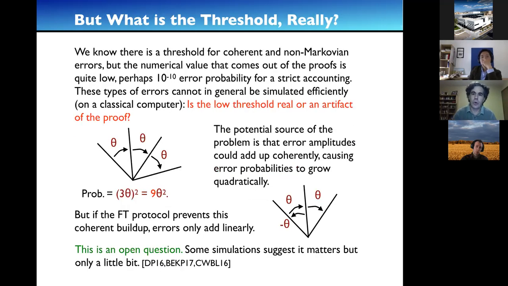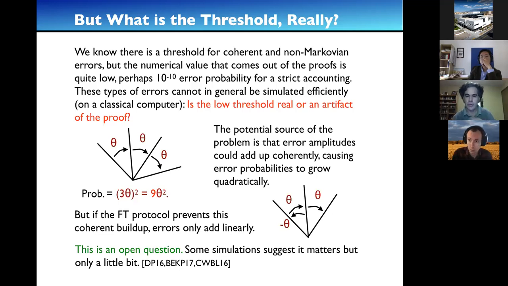Okay, so of course, the thing is that once we start to look at these other error models, then the threshold numbers that I was giving you don't necessarily apply. So in particular, one open question is what's the actual threshold for these non-Markovian errors, or even for simpler errors, which are coherent errors, which are really using quantum effects in the errors as well as in the computation. So what's a coherent error? Well, so in a coherent error,